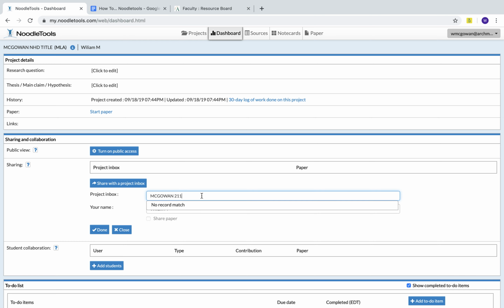they'll see a list of the project folders that I've already created. Obviously, I can't submit to my own folder, so that's why it's coming up with no recorded matches, but you'll have a list of it there. Please make sure that you are submitting to the proper folder because that can get a little confusing. So once we have done that, we will click then Done,